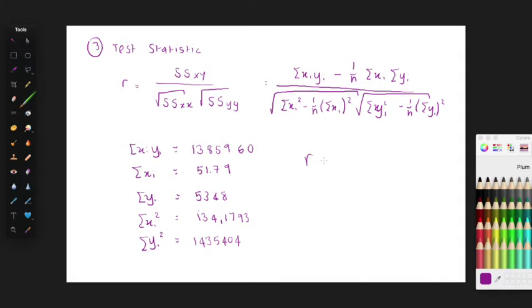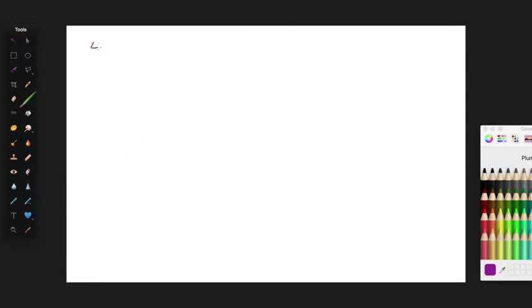So r will be 0.5698, and that is my test statistic. Then the decision we make, given our test statistic of 0.5698 and our various values of the critical value, we had